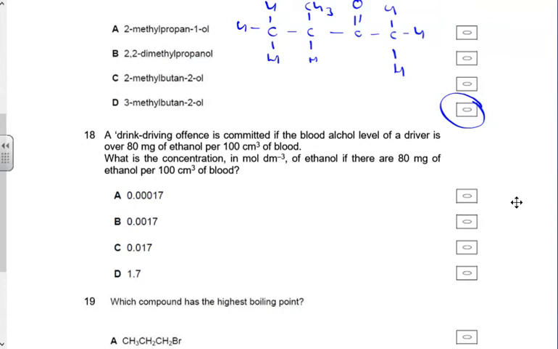Question 18. A drink driving offence is committed if the blood alcohol level of a driver is over 80 milligrams of ethanol per 100 centimetre cubed of blood. What is the concentration in moles per decimetre cubed of ethanol if there are 80 milligrams of ethanol per 100 centimetre cubed of blood? This is a calculation involving number of moles divided by volume to work out the concentration. Initially, we need to work out the number of moles using our mass. So the number of moles of ethanol